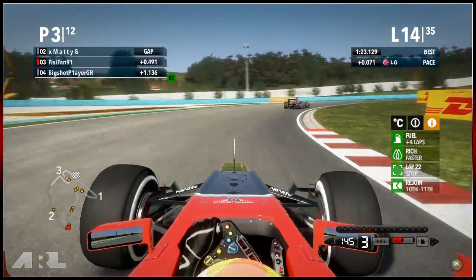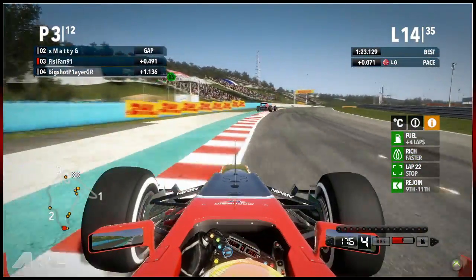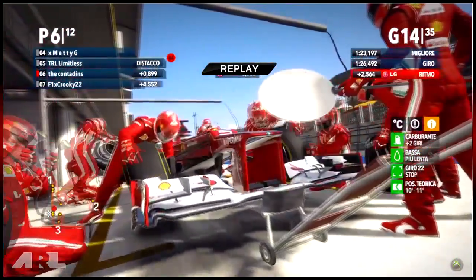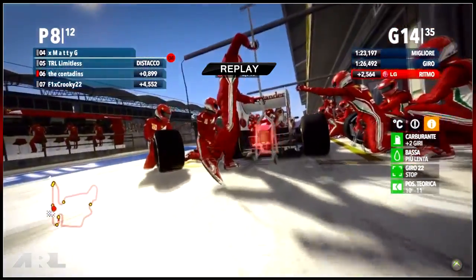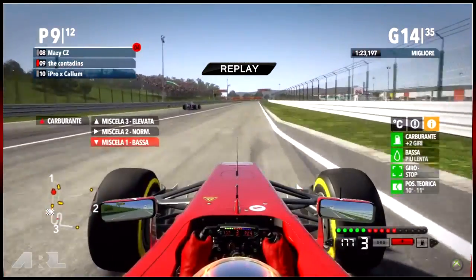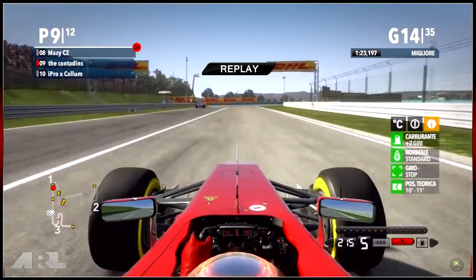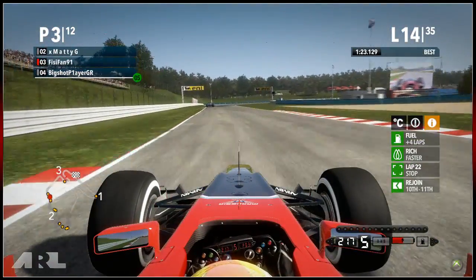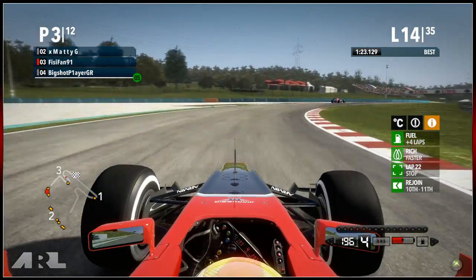But back to Constantine's point, I would have expected him to pit on sort of lap 25, to be honest. So what tyres? Obviously, he's going to go onto the options. So it looks like he's going to go for a 2-stop here, Scott. That is completely different to every other person, I'm pretty sure, in this race. It's a bold strategy, but I think he possibly feels that the 2-stopper on the options might actually be a quicker strategy than these guys who are going to be on the...